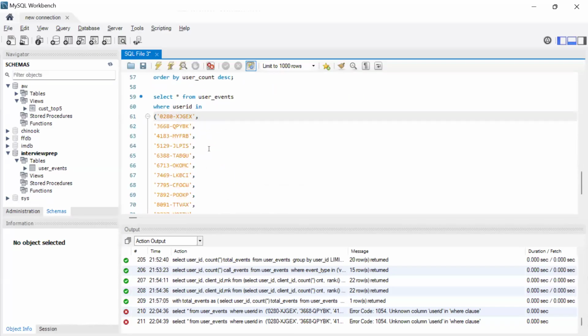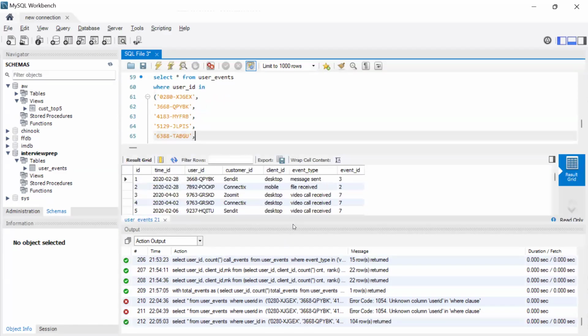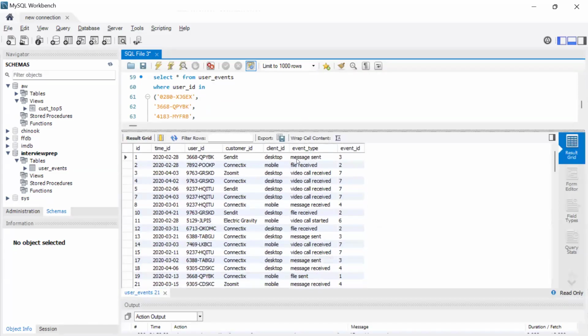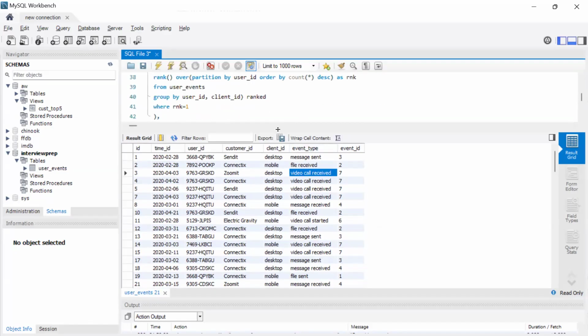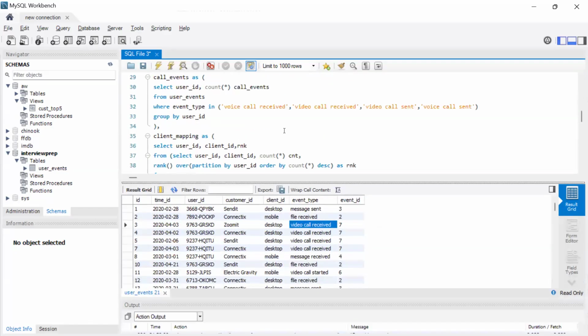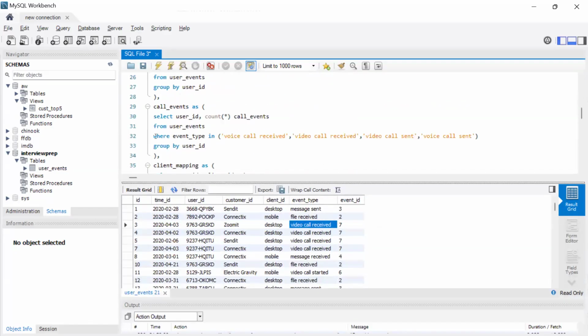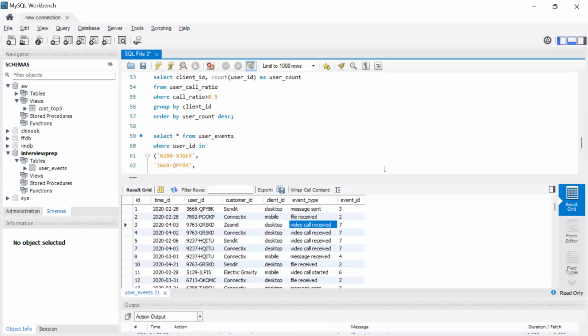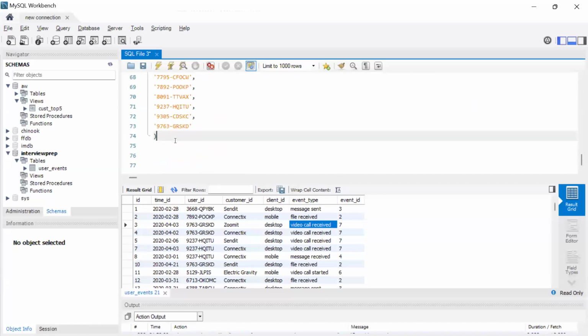क्या नाम दिया हमने? यूजर अंडरस्कोर आईडी। ओके, सो लेट्स रन दिस। तो ये सारे तुमको मिल रहे हैं बंदे। अब इसमें से हमको कॉल रिसीव वाले ही काम करने हैं, हाँ? तो हम लोग भी उठा लेते हैं। हम लोग सिर्फ चेक कर रहे हैं कि हमारा नंबर सही आ रहा है कि नहीं आ रहा है। क्वेरी तो मैंने पूरी समझा दी, आई एम जस्ट चेकिंग, क्रॉस वेरीफाइंग इट।